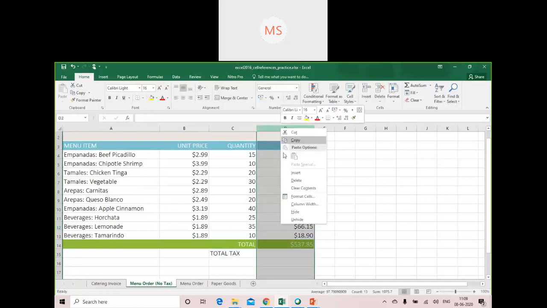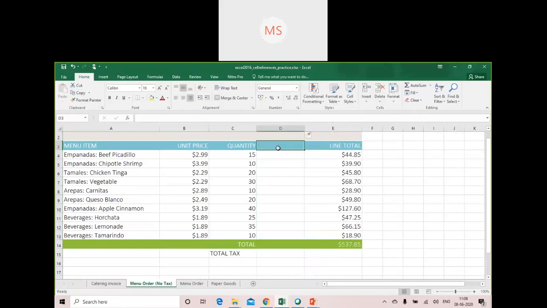Or I can say I can insert another column, and I need to calculate tax for each and every item. And here the tax which I am going to apply is 7.5% or 8%.